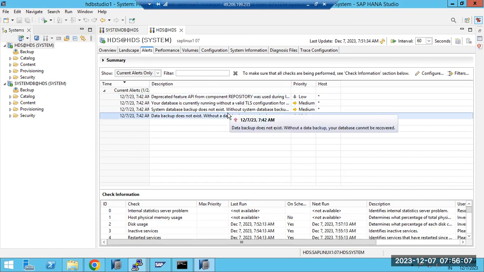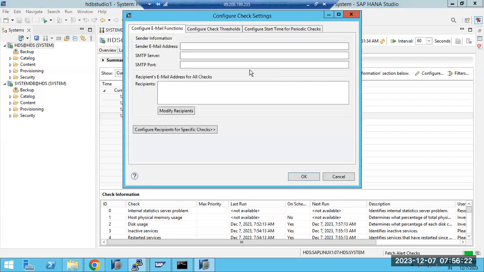So how can I know? Always I am not in HANA Studio to monitor all the alerts, issues, and everything. So how can I do it? There is a configure button here. Then here you can provide your email address, the sender email address. Suppose like noreply at